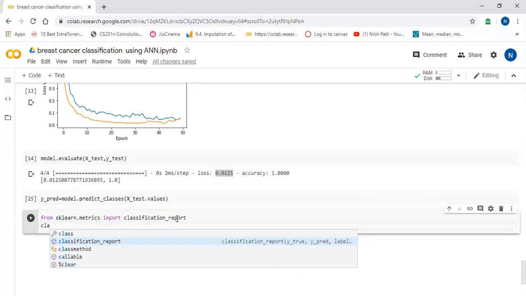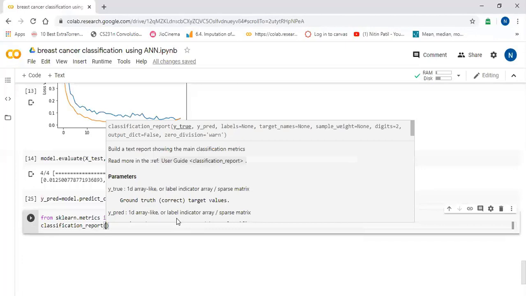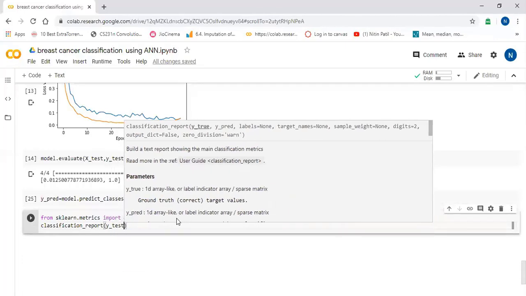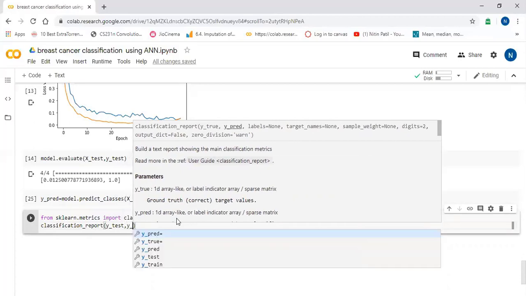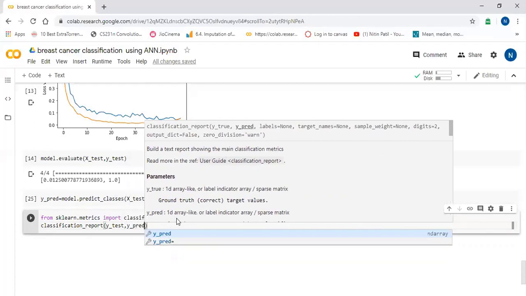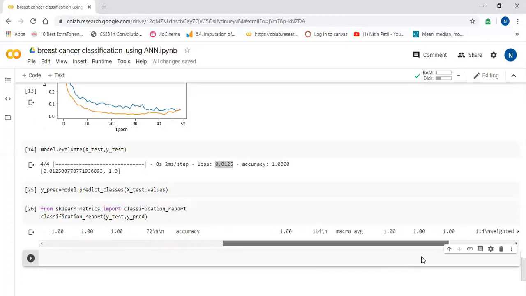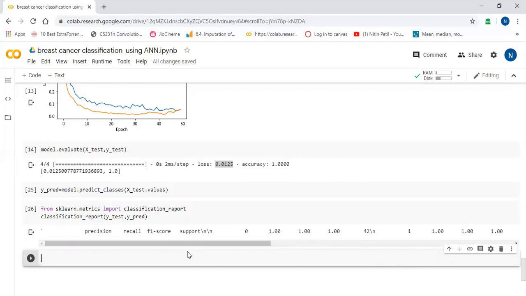So classification report, I will pass y test comma y pred. Okay, now you can see how our classification report is. Now we have achieved good accuracy, and you can see all the details of the classification report over here. Now we have completed our classification using the ANN.